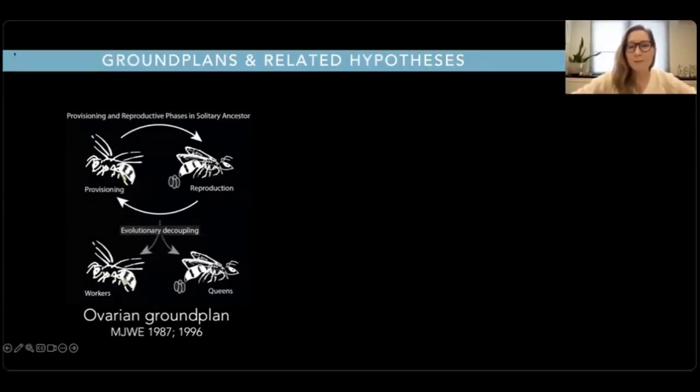And the basic idea is that the provisioning in the reproductive phases that are required for a solitary female to complete her life cycle have become parallelized as eusociality originated, and we now see the expression of these 2 different phases in 2 distinct castes, queens and workers. And since the ovarian ground plan has been proposed, there have been many subsequent elaborations and modifications to this basic idea,